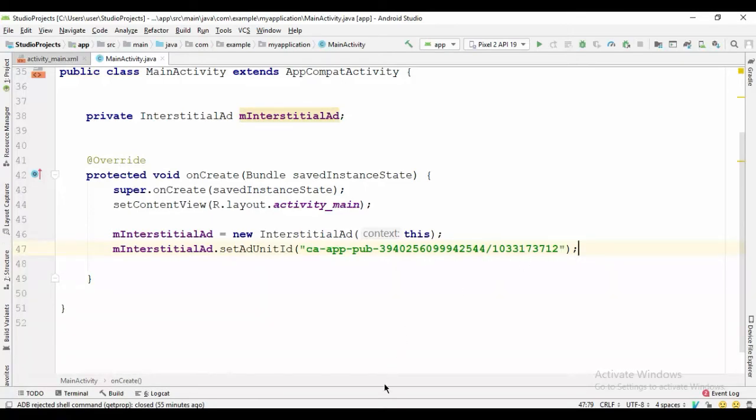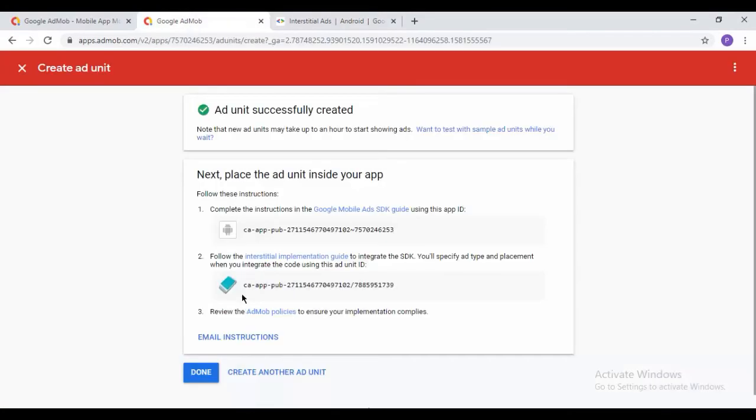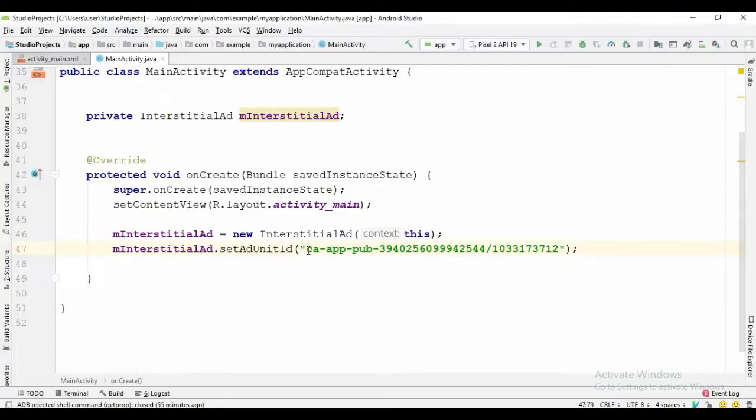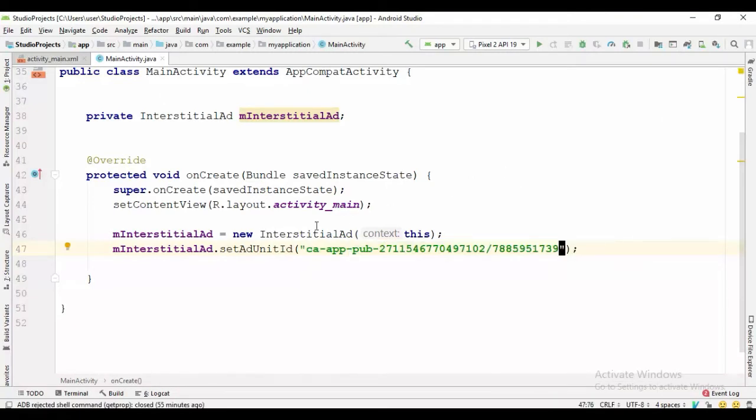You have to replace it with your generated ad unit ID. So copy the generated interstitial ad unit ID and we'll paste it here. Now let's go back to the documentation page.